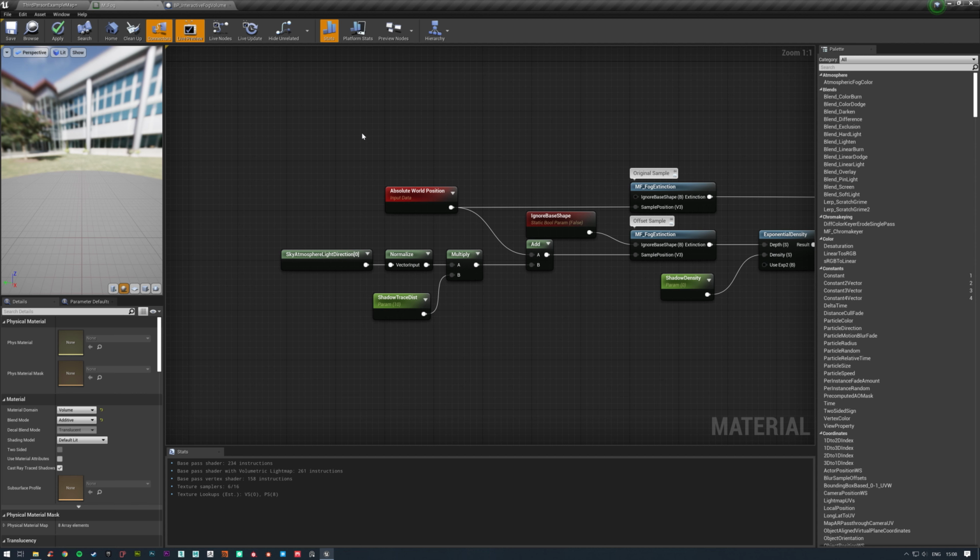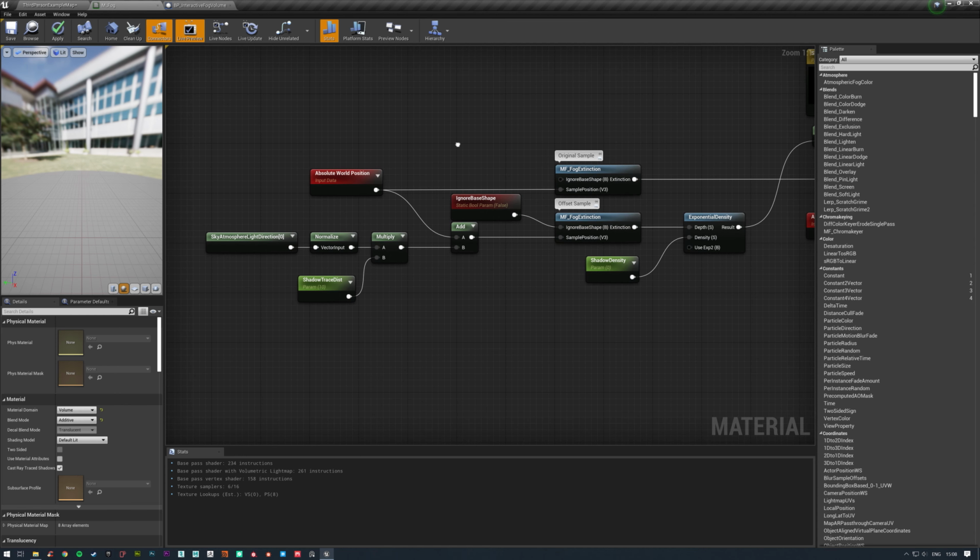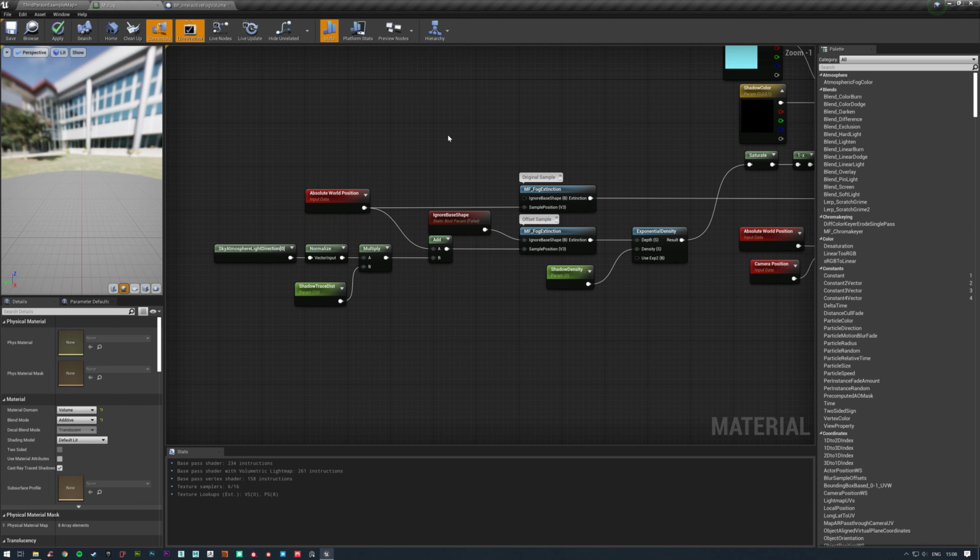For now, we're just worried about implementing this using the directional light, because we just want to get the fundamentals in place here, and then we can worry about all the finer details a bit further down the line. So we just take that direction and we normalize it and multiply it by distance. So we now have a direction and a distance, and we add that to our current world position. So we're starting at our world position, and then we're moving this distance towards our light,